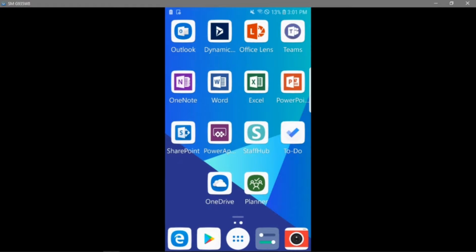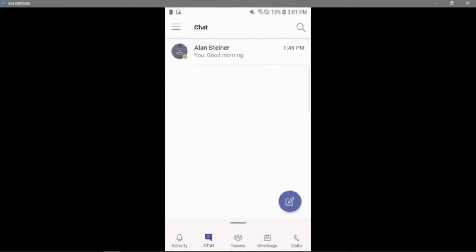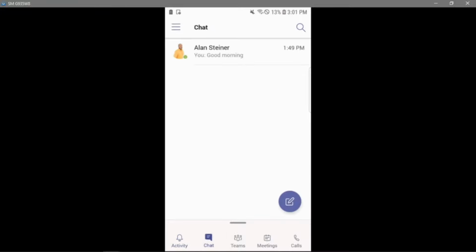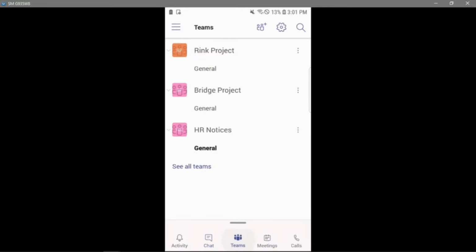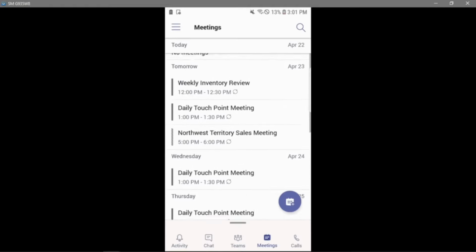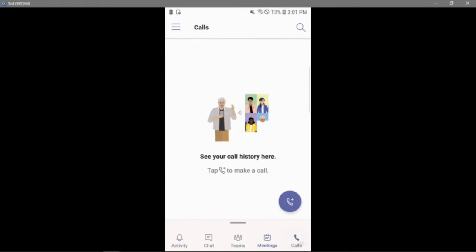Okay, just a quick tour around the mobile application here for Teams. I'm on an Android phone here just to demonstrate, and here's my Teams application. We can see, again, at the bottom of the app, those different functional areas that we went through on the web client. We have our activity feed, we have our chat area, we have the different teams that we've joined, we have our meetings upcoming and into the future that we can join from this application, and then we have